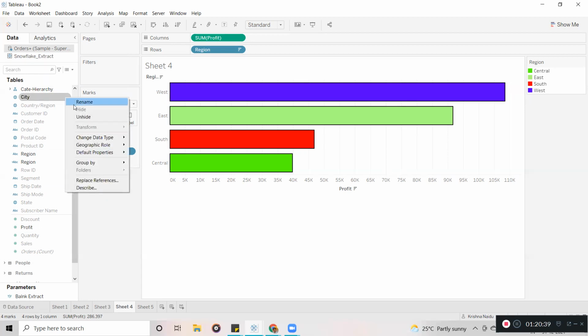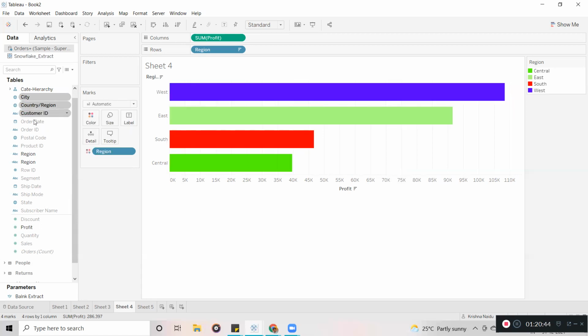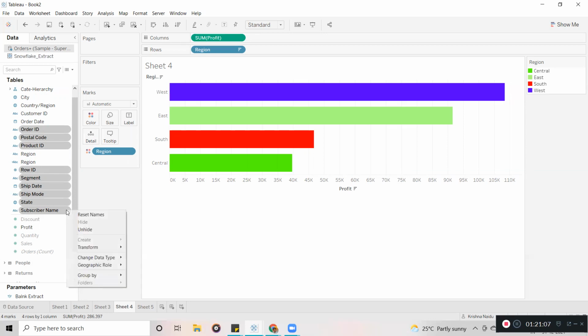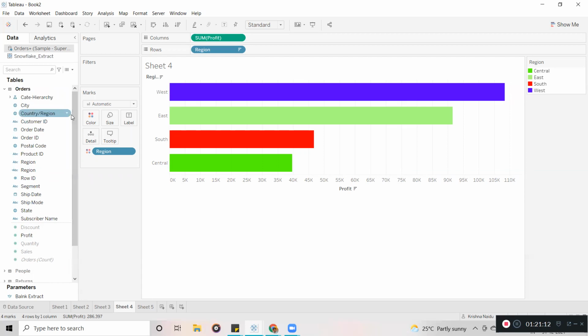Let me click unhide; it only unhides one. Here we can select multiple things: click the shift key and you can select all. After that, you can select any one and click on unhide. So hold the shift key and select from the starting one to the ending one. This is how we can do it.